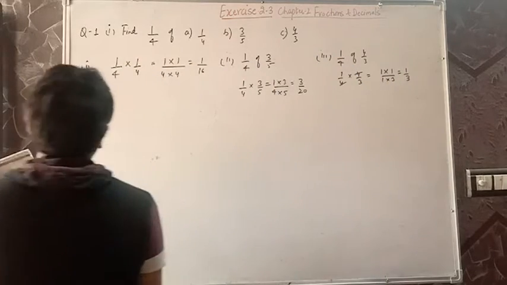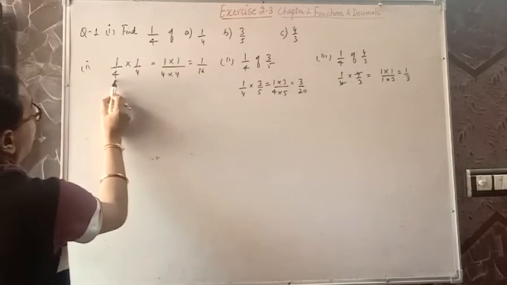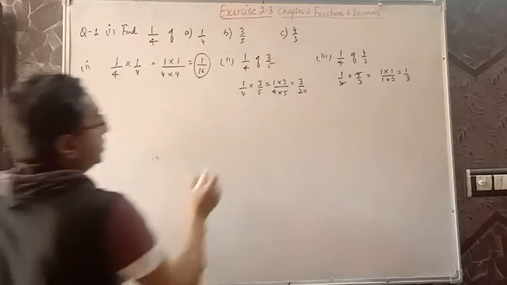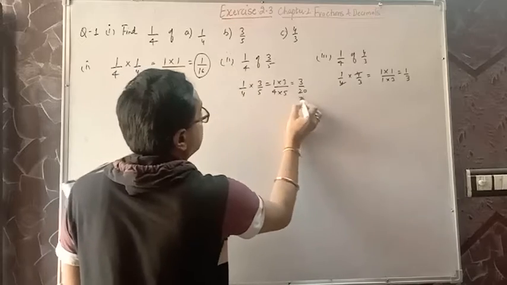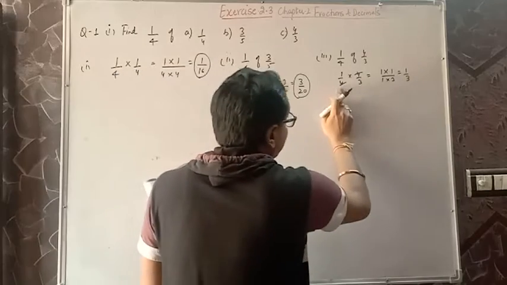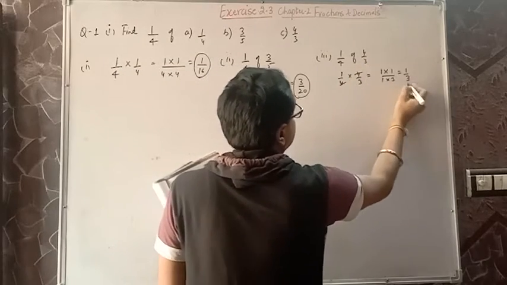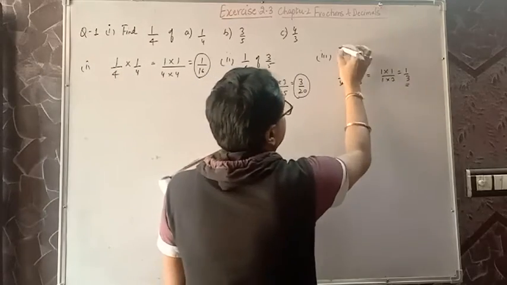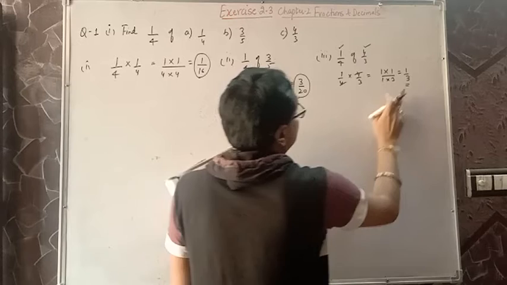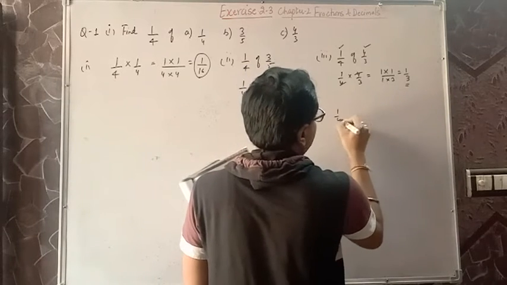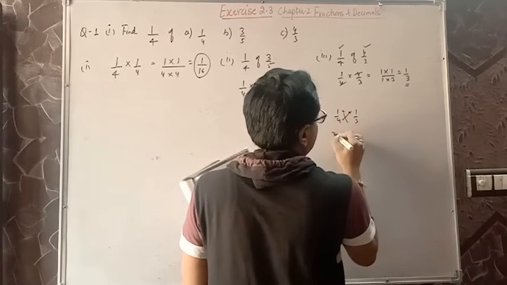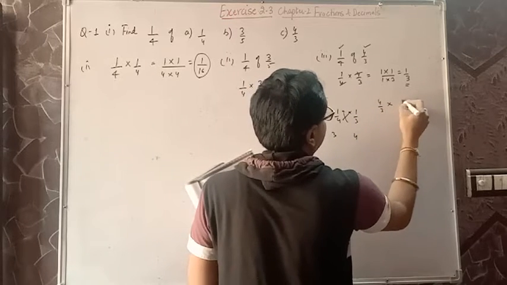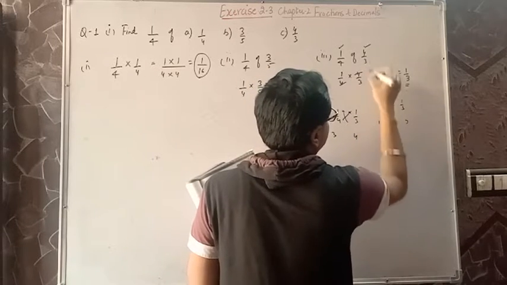Again observe very clearly, like in proper fractions, the result is smaller than each of the fractions. Proper fraction, result is smaller. Proper fraction with improper fraction, we can observe this also. If we see, this is proper, this is improper. Result 1 by 3, 1 by 4, 1 by 3. If we observe, here it is 3, here it is 4. This is bigger. If we observe 4 by 3 and 1 by 3, 12 and 3, this is bigger.